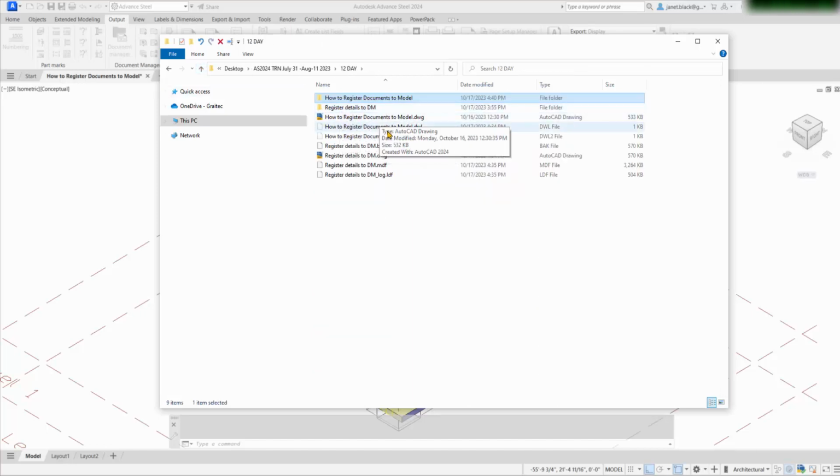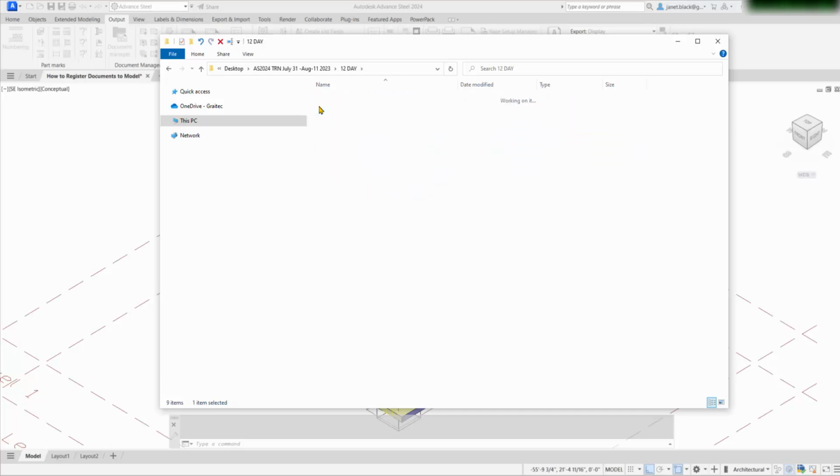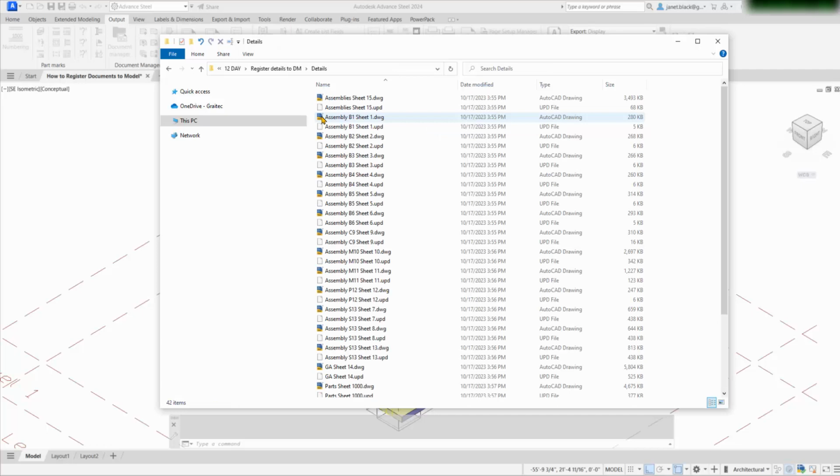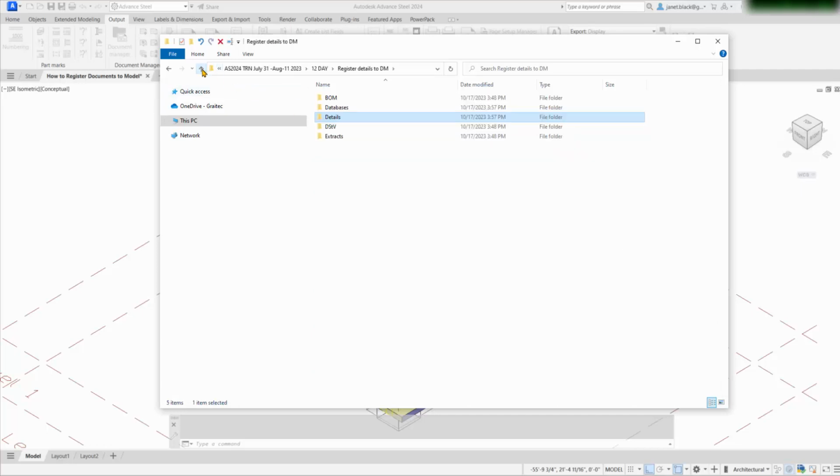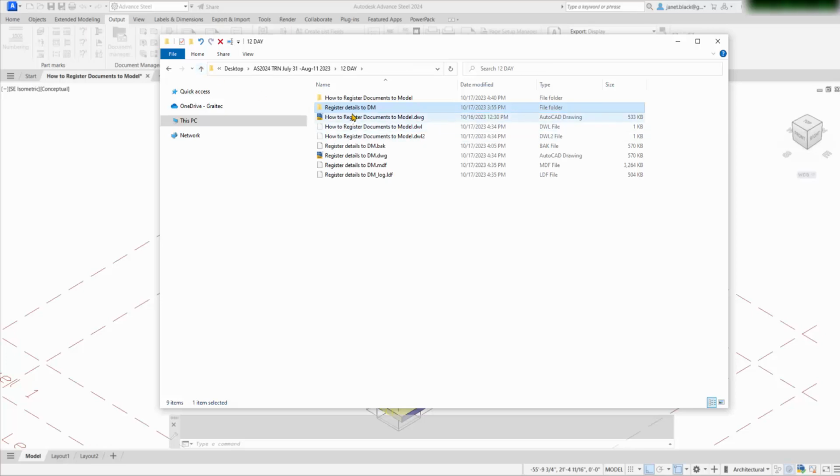So that's where the details were coming from. Register details to DM. And again, we went in and we copied all of the details. We could have easily copied the BOM and the NC files and so on. Okay,